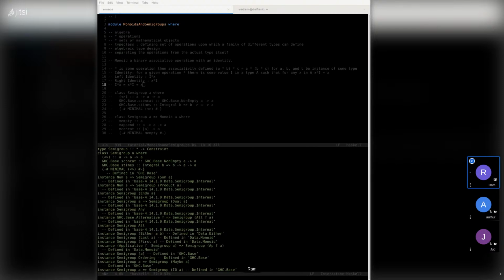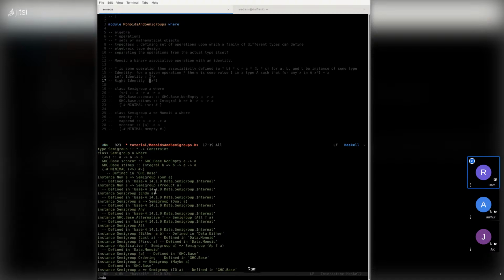There is a commutative monoid called, I think, the Abelian monoid, which is named after the modern algebra Abelian group concept.